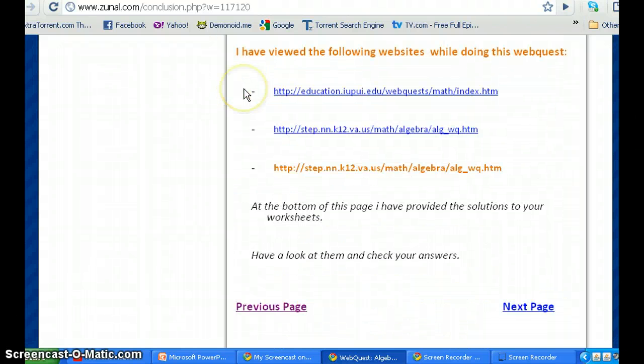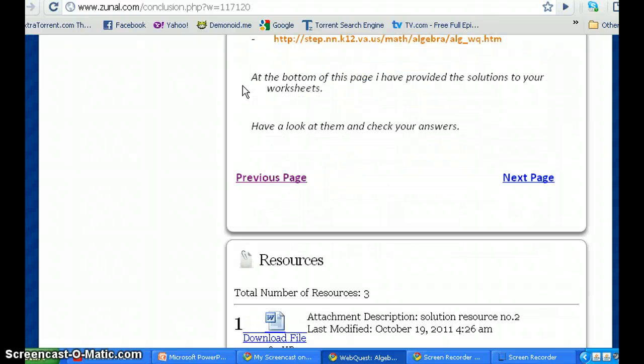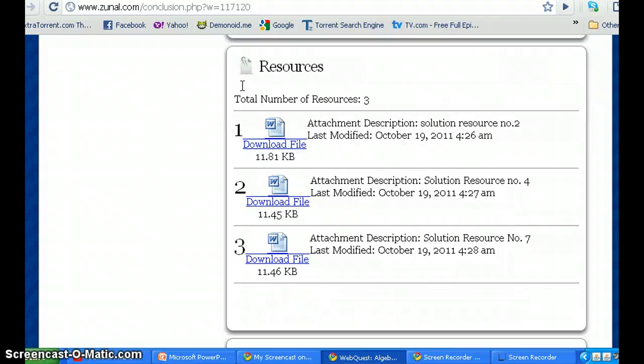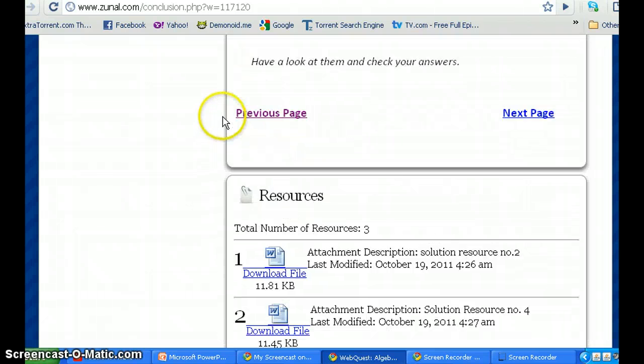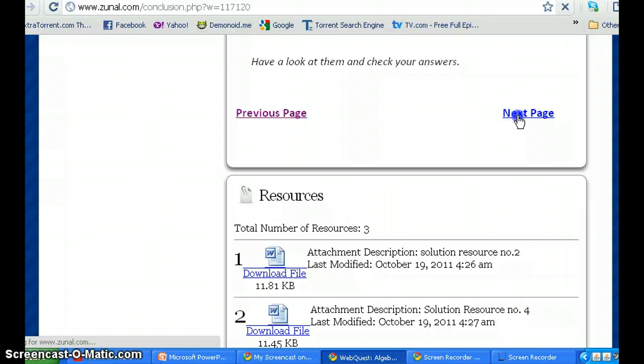I have also included the references that I have used in order to compile this webquest, and at the bottom of the page I have included the resources which consist of the solutions that I have presented in the process page. The next page is the